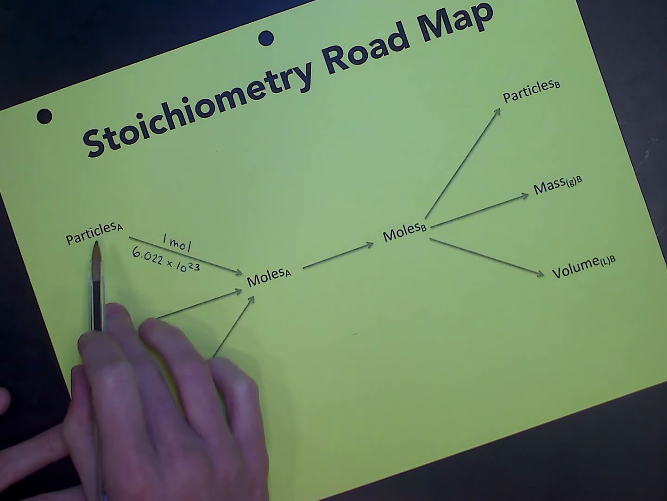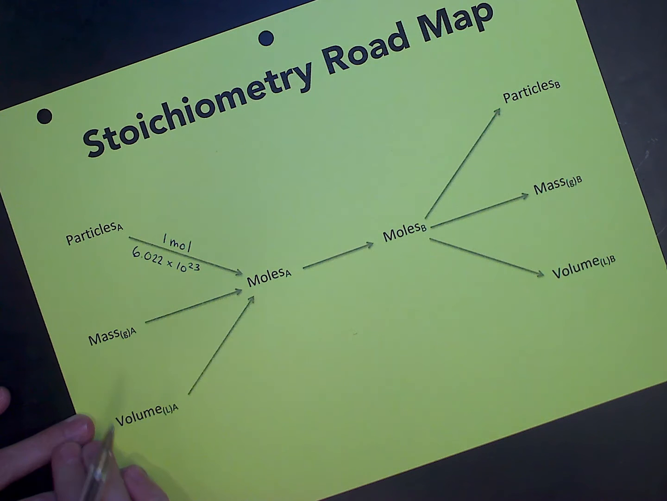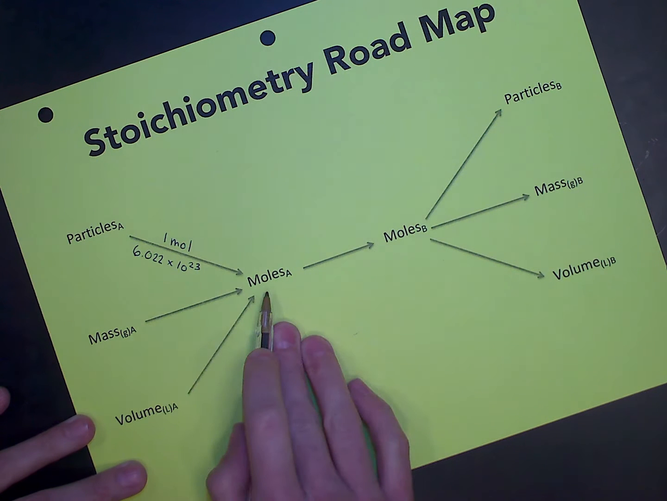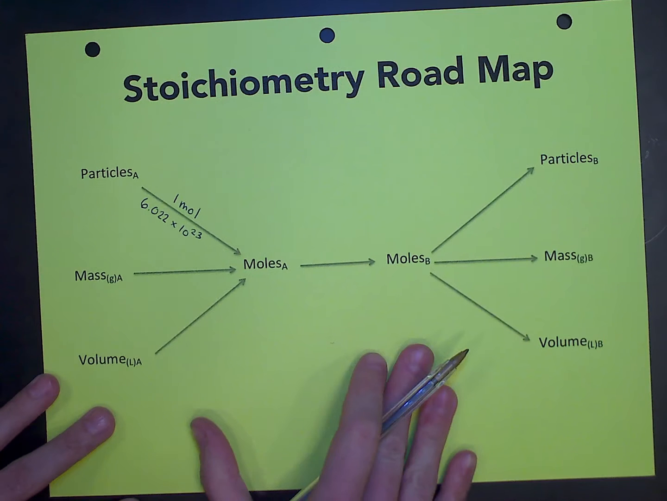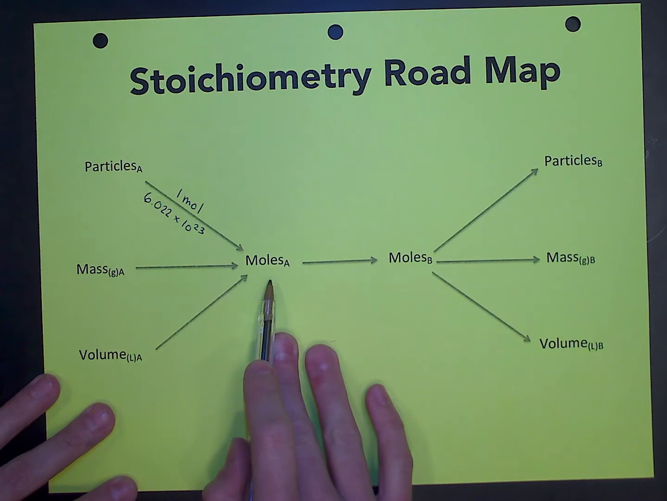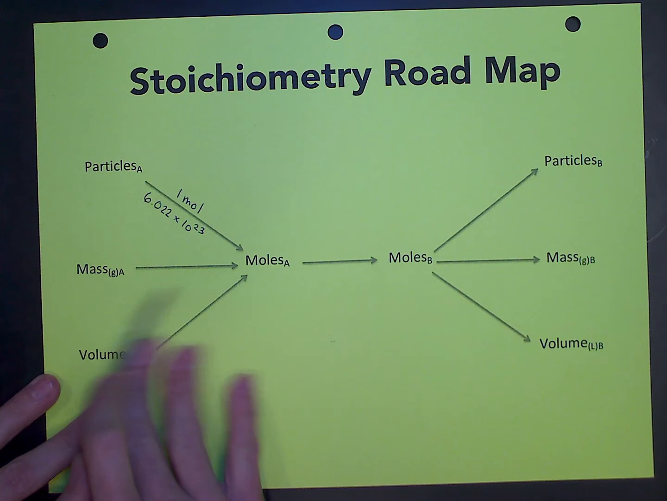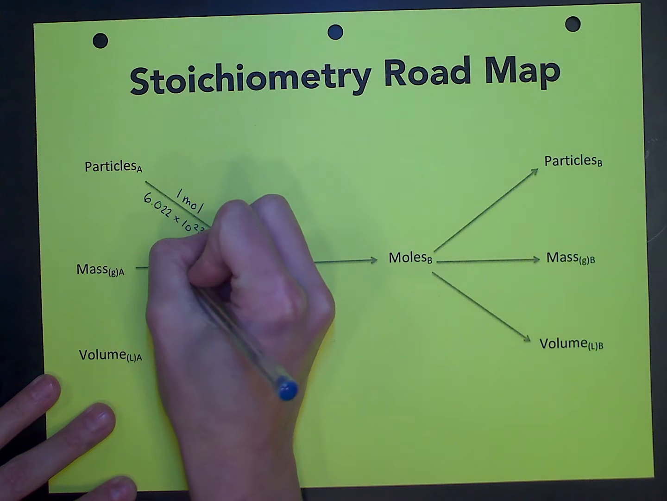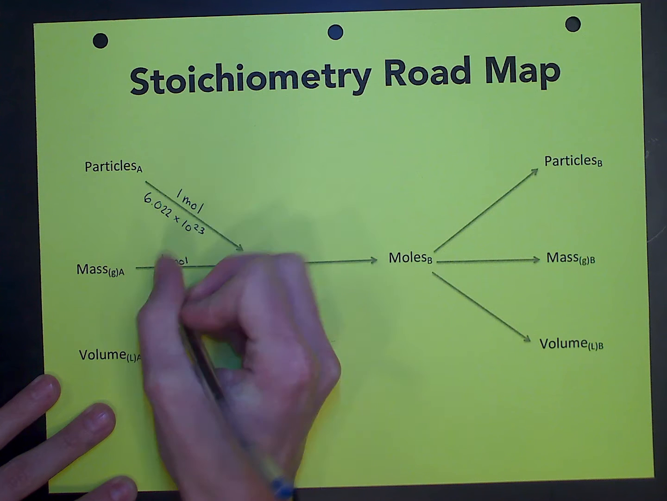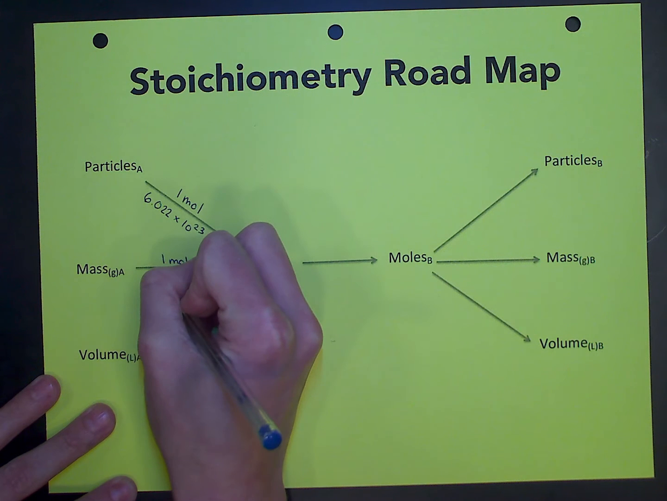Okay, so technically you're going to start with your number and divide by 6.022 times 10 to the 23rd, and that will get you into moles. Likewise, mass to moles. Do you remember the conversion for mass to moles? It was 1 mole divided by the molar mass